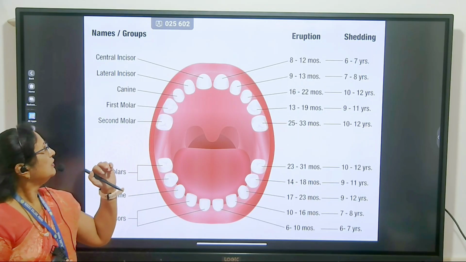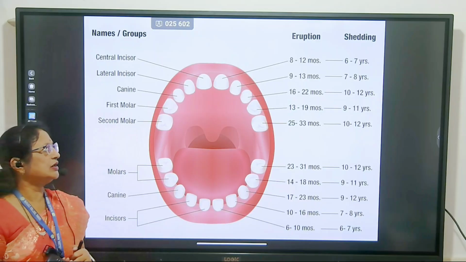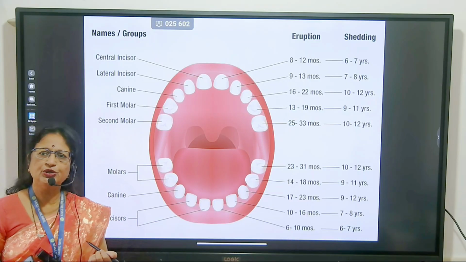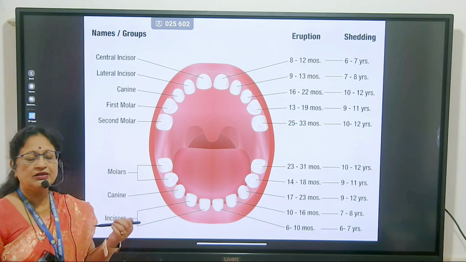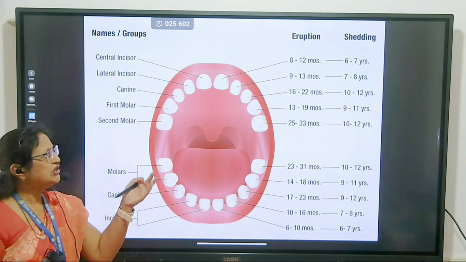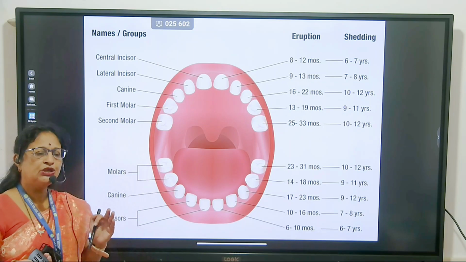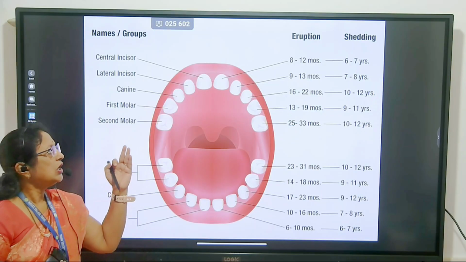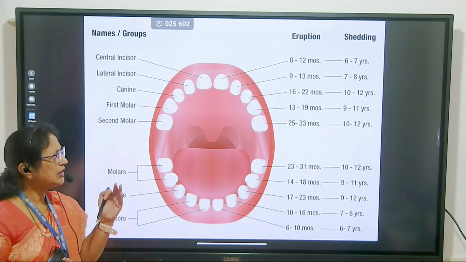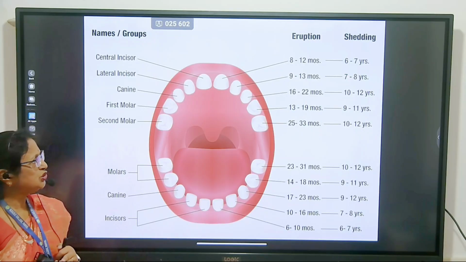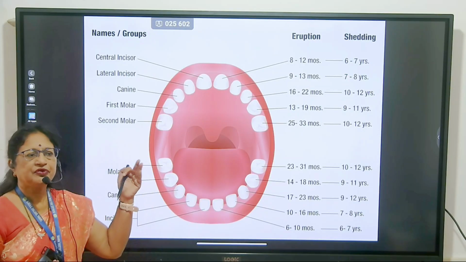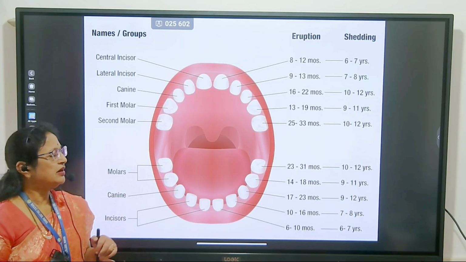Then the lateral incisor erupts at the age of 9 to 13 months, and it sheds off at the age of 7 to 8 years. The canines erupt at the age of 16 to 22 months, and they shed off at the age of